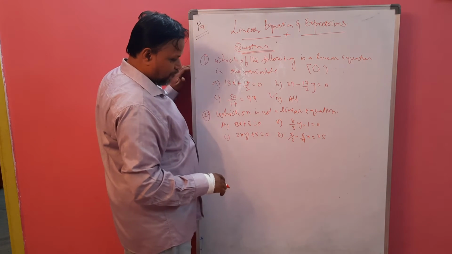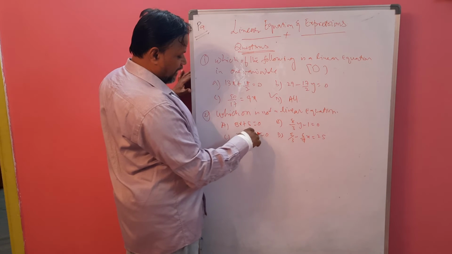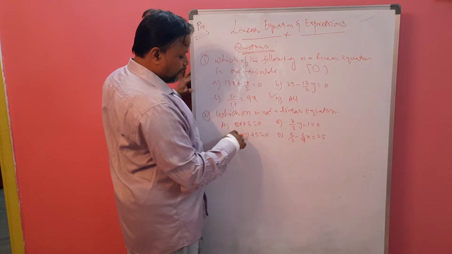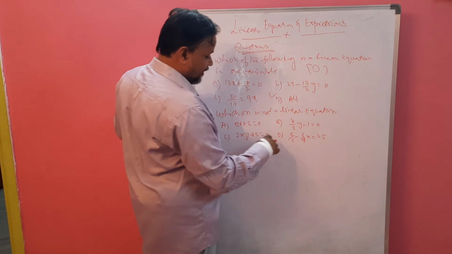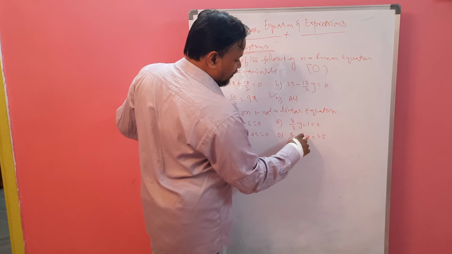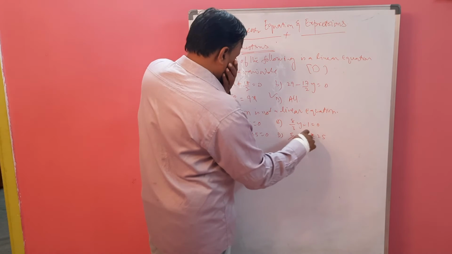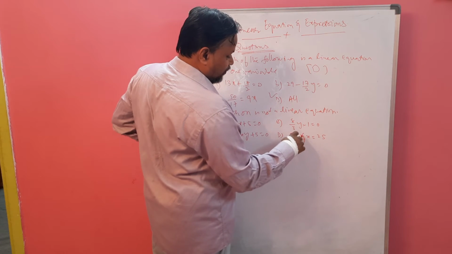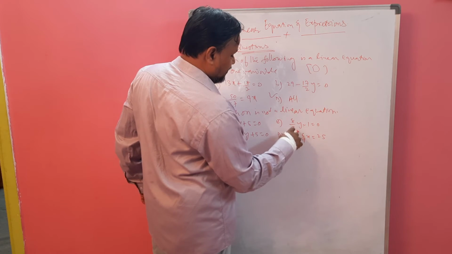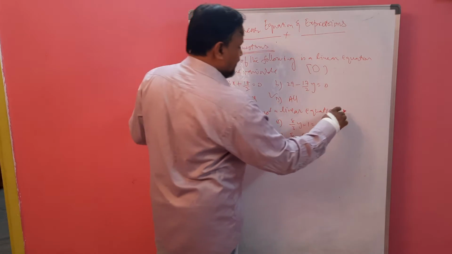Not an equation, we have to pick. Here x and y: 2xy plus 5 equal to 0. Here two variables are given in a product form, so this is not a linear one. Here we have two numbers, many constants you can have. You can make these two constants a single one also. Here one variable with a value is not equal to 0. So these are three equations, and this one is not a linear equation.